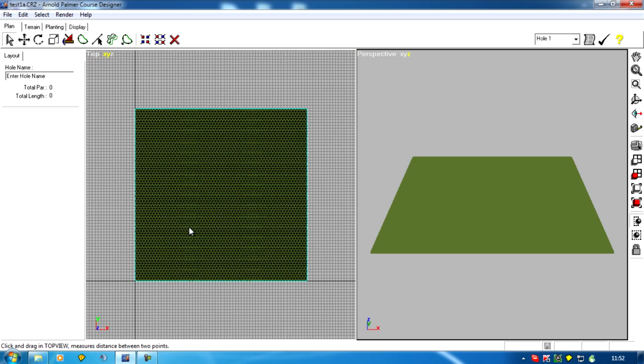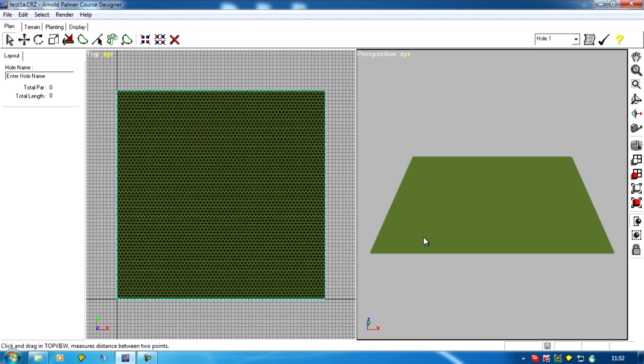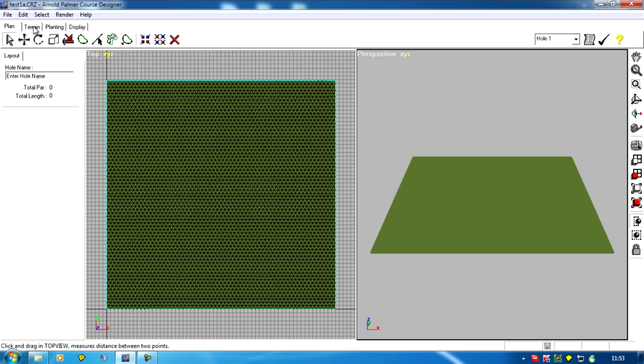Now when we start, our plot's completely flat. You can design your course on this flat plot and then create the hills and valleys later. But a lot of designers prefer to start with a landscape, so they'll create the terrain first and then mark the course around it, much like a real architect would have to do if he was working on a real plot. So in order to create a terrain to start with, we can go up to terrain,